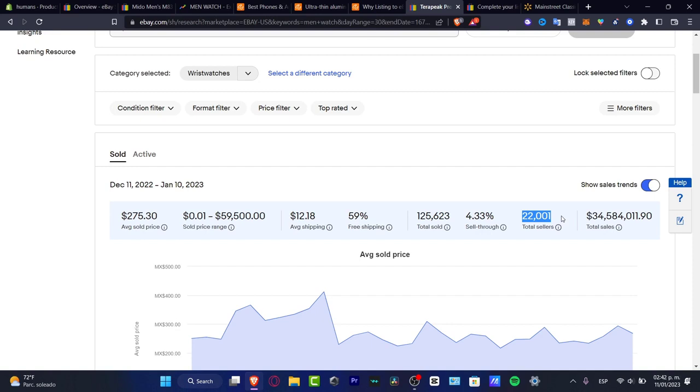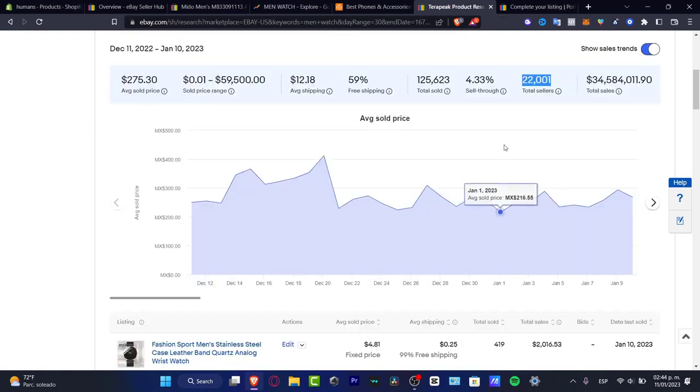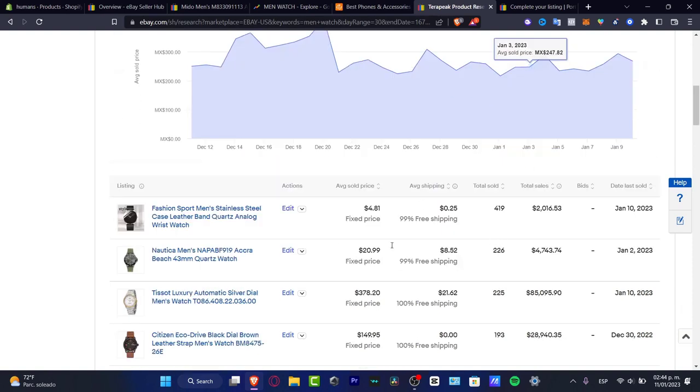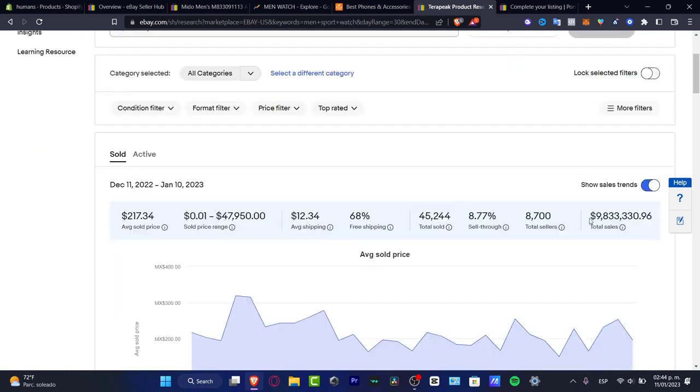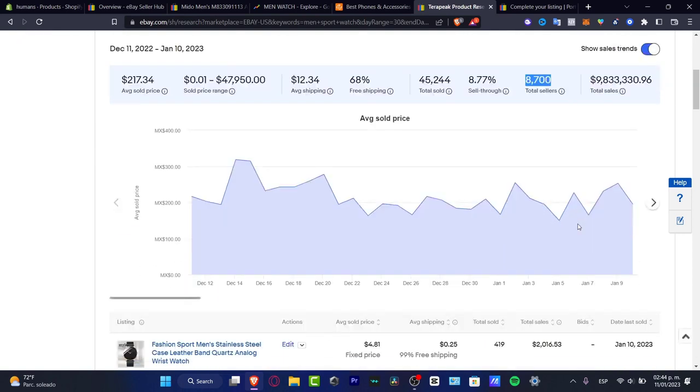But I think for me, it's not too accurate to sell this, because there are so many people selling this item. So you want to do one of two things: look for something a little bit more specific, or actually look for the product. For example, here, speaking about the men's watch, I'm going to look for men's sport watch. So the total sales is still great, but the total sellers are less than the other one that we just looked at before. So take that in mind, use those tools to help you improve and to price list your stuff, or to look for even more products so you can do some research and you can sell more stuff